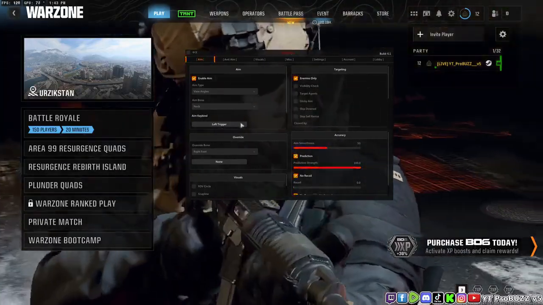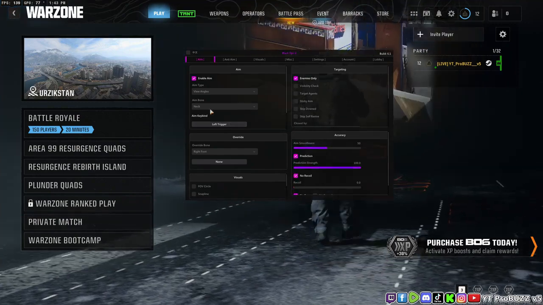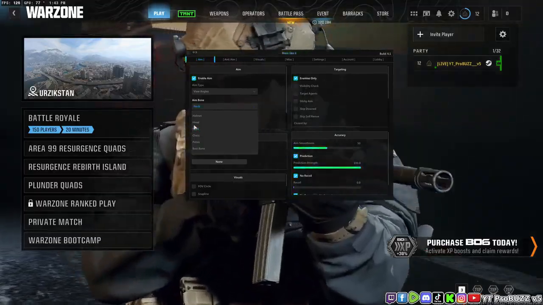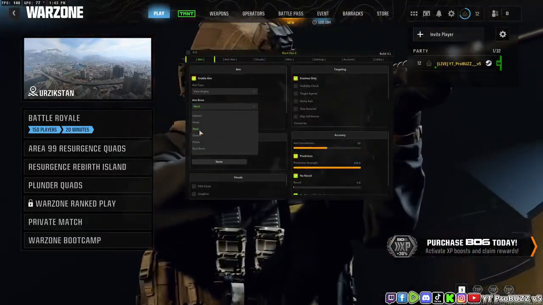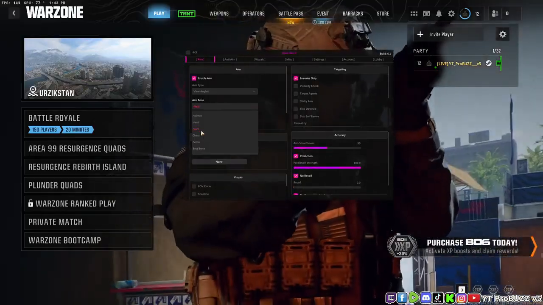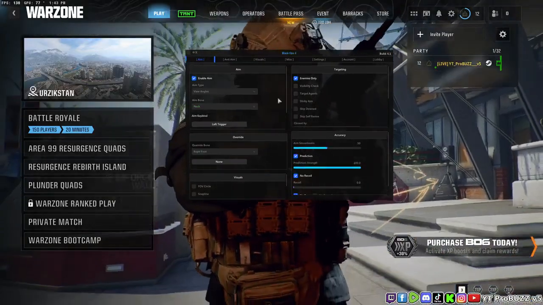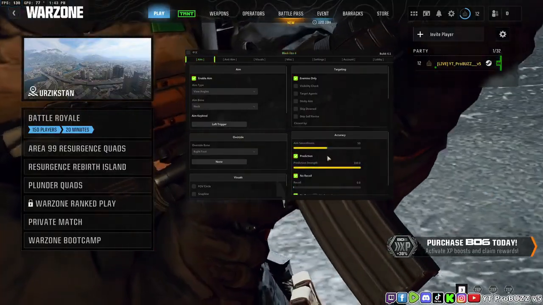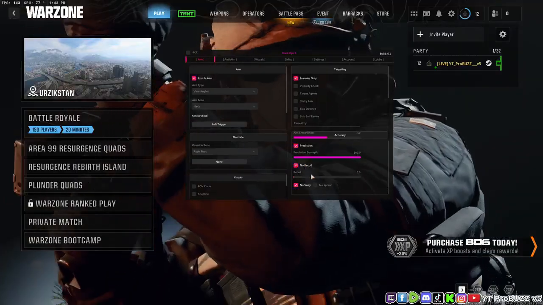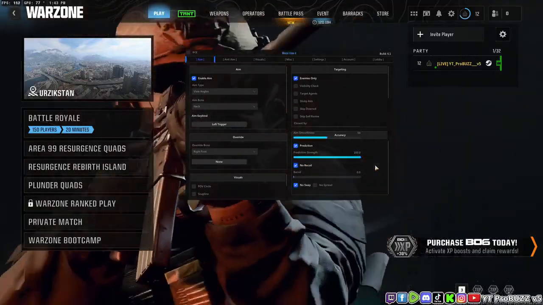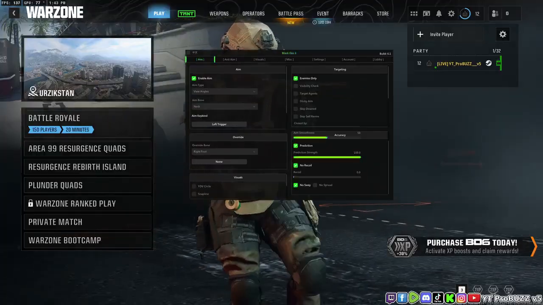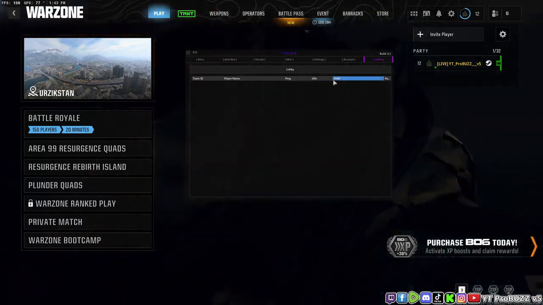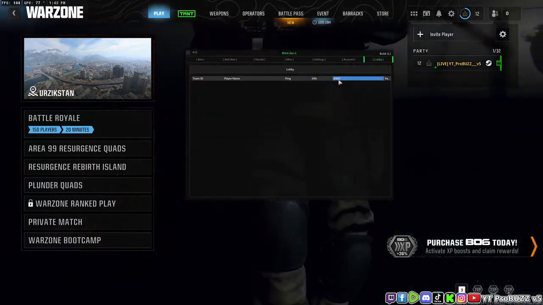Controller, I use controller, so obviously it's going to be the aim key to be able to lock on. Go neck, don't go head, because you're going to be getting all these headshots. At least with maybe chest or neck, it will look a little bit more legit. It's really up to you, but there's heaps of things you could do in here to make it look not as legit as the settings I have. No recoil, I like to use no recoil just because it makes for smoother gameplay, and stuff like that. And you can see the lobby, and you can see the XUID, which honestly